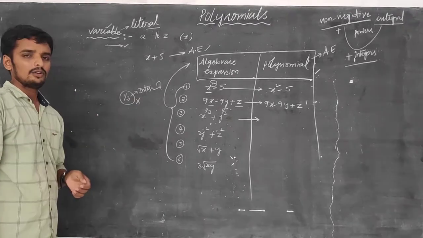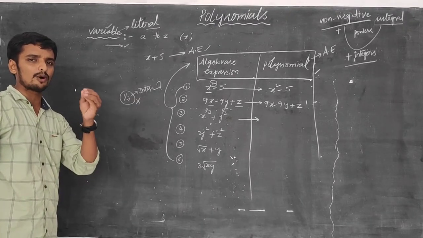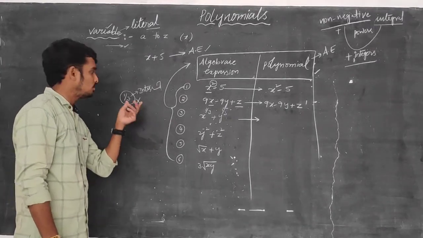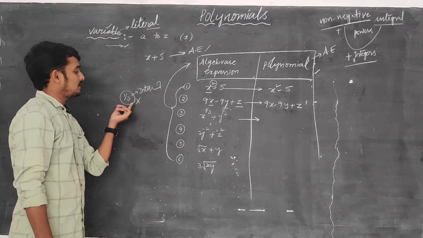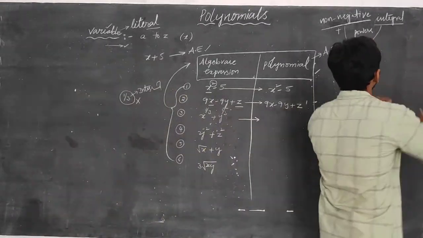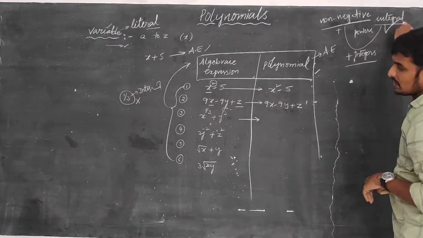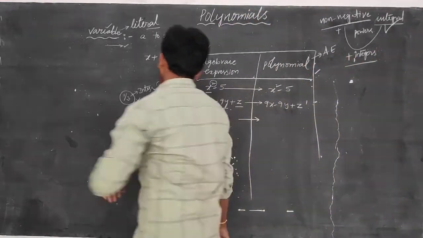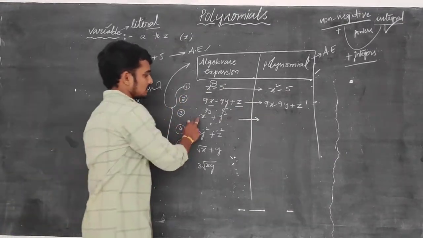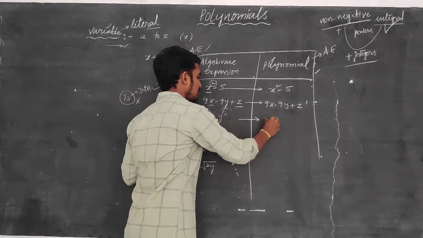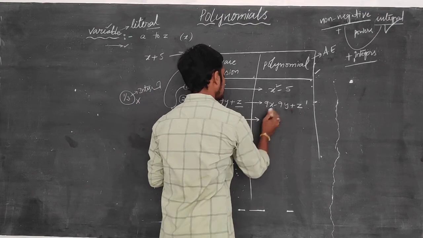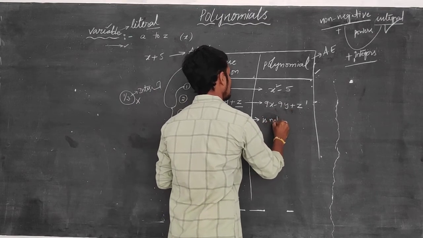It is a rational number. The numbers which are in the form of p by q are called rational numbers. So 1 by 3 is in the form of p by q, so 1 by 3 is not an integer. If the powers are to be integers, what should they be? They must definitely be integers. First of all, we fail on integer. So x power 1 by 3 plus y power 1 by 3 is not a polynomial.